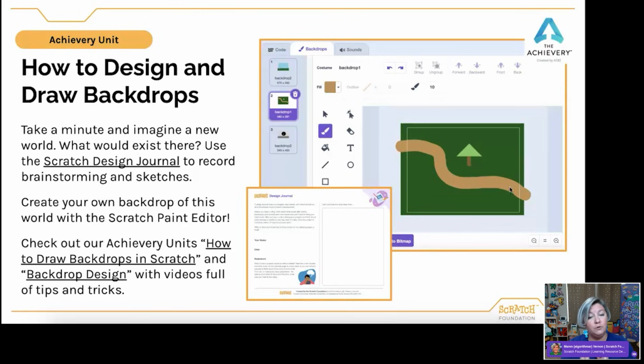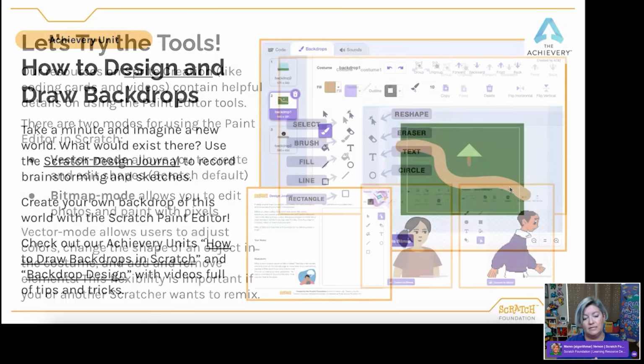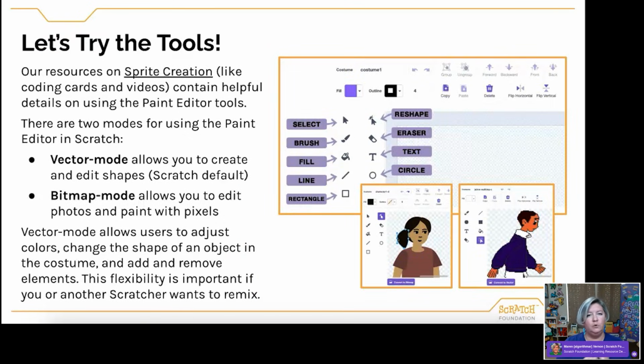We have 2 units on the Achievery if you are interested in some more drawing tips and tricks that would be really also great to check out. The How to Draw Backdrops in Scratch and Backdrop Design Achievery units. And they have videos full of the tips and tricks. But for now, I just want us to dive in and try some tools.